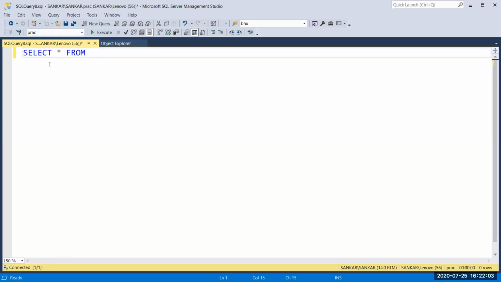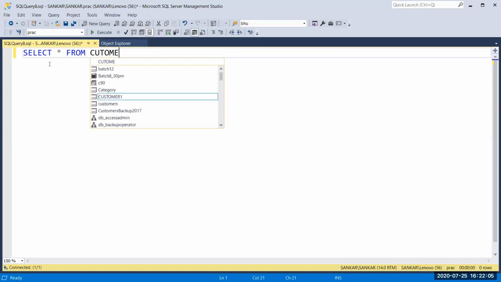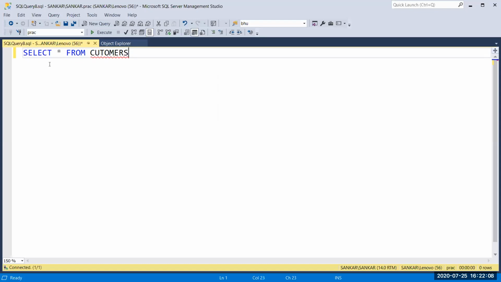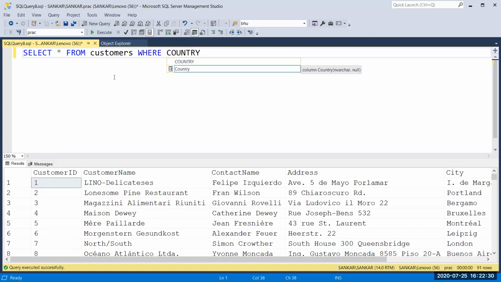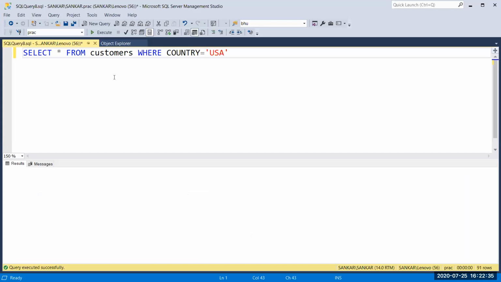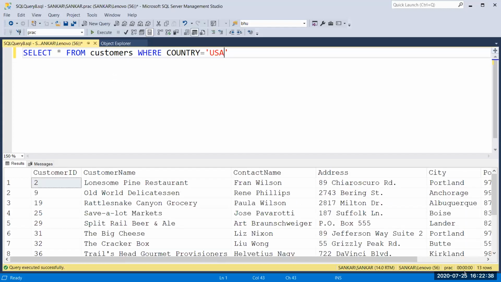Select star from customers. I'm going to run this. We have some data, right? Here I'm going to fetch only the customers who are from USA. I'm going to filter them, so where country equal to USA. We have 13 rows, right?